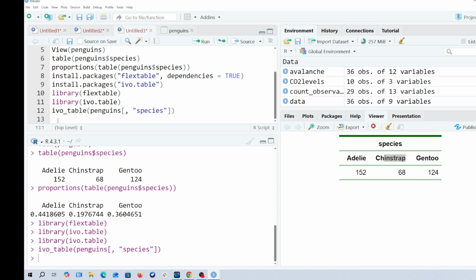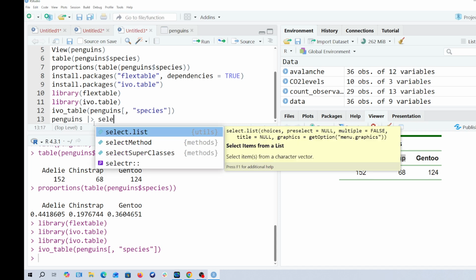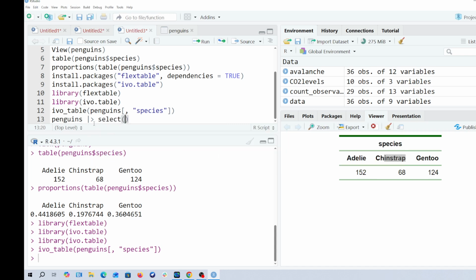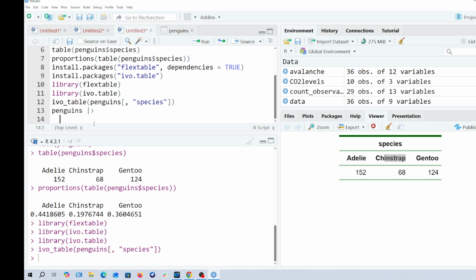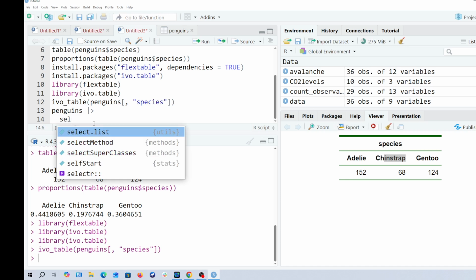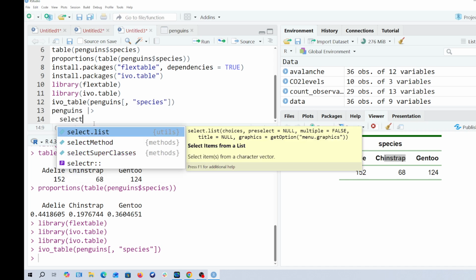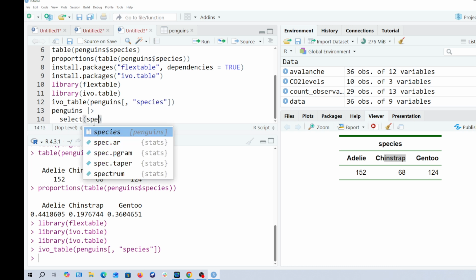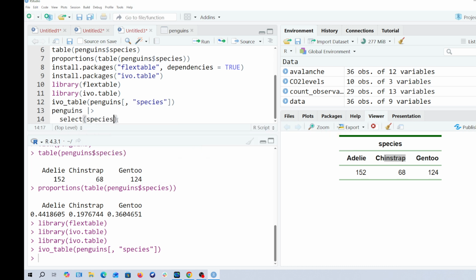Still with this, we can use the notion of pipes. Remember we are using this ivo table library. We can do pipes where we take penguins, and then I'm going to do a pipe there. I will select. You know that you can just hit the enter key, making your code a little bit nicer. Select species, and then